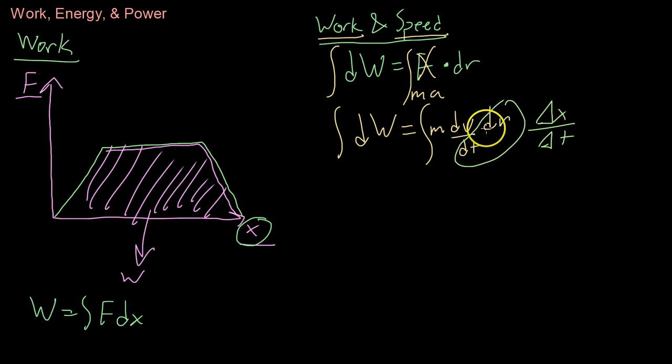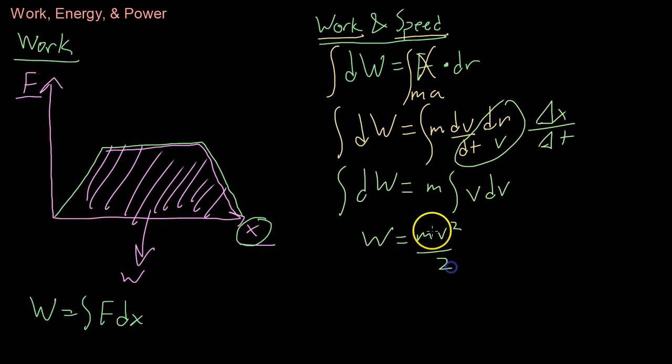So we can now substitute in a v for velocity instead of dr/dt. So we get the integral of work now is m, which is constant, we'll just bring that out, times v dv. And now integrating both sides, you just get that work equals mv squared over 2. Let's go from, say, v0 to v final,